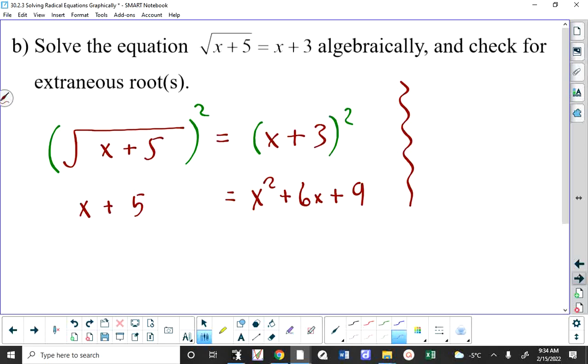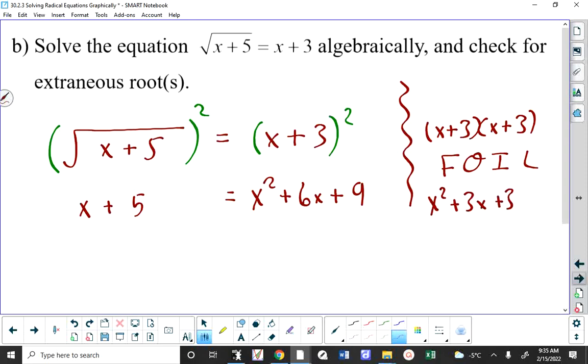But some math teachers get really upset. Because what you should have learned in grade 9 and 10 is that x plus 3 quantity squared means x plus 3 times x plus 3. And that means you have to apply the distributive property. In other words, you have to FOIL that out. You guys have all been taught the word FOIL: first, outer, inner, last. So first is x squared, outer is 3x, inner is 3x, and then last is 3 times 3, which is